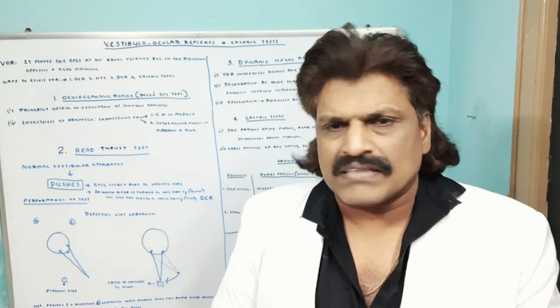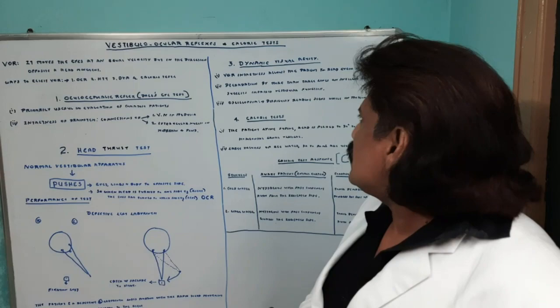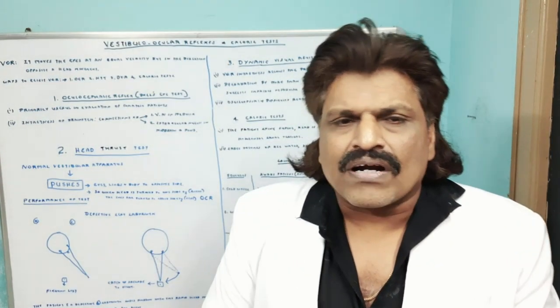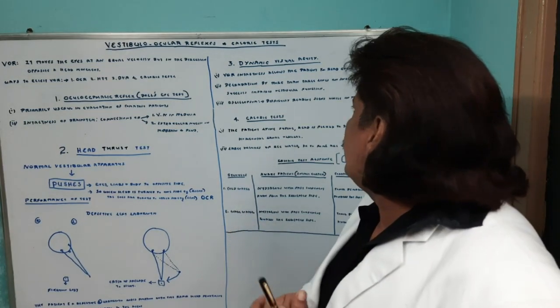The other way we test the vestibulo-ocular reflex is the dynamic visual acuity. The vestibulo-ocular reflex allows the patient to read